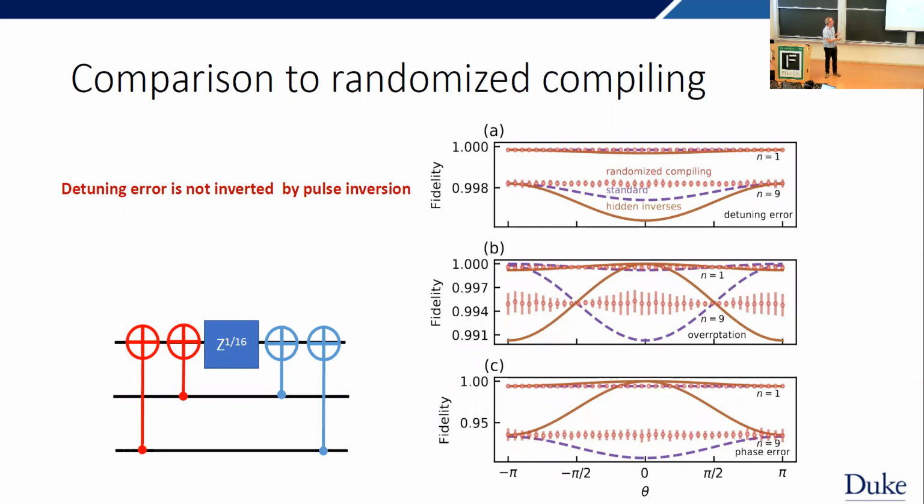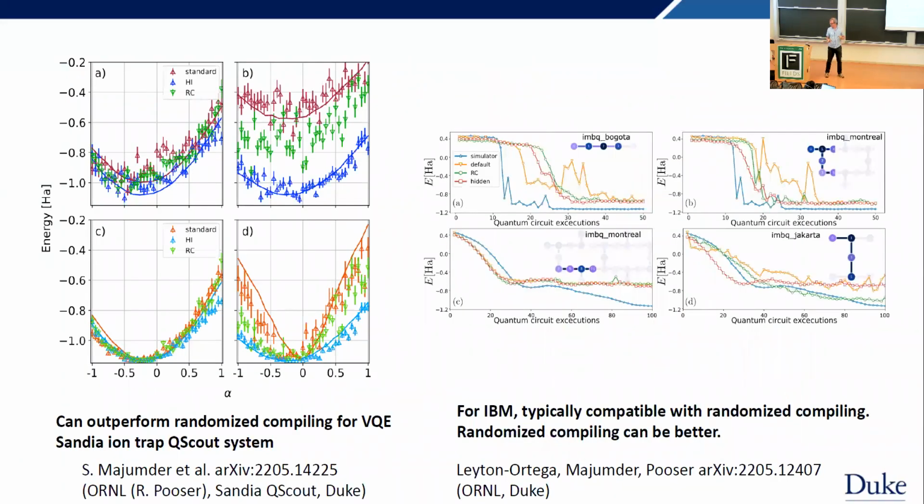So in the end, which thing to do really depends on your actual physical system and what the actual physical errors are. Okay, so my student Swarnadeep, who is on that paper doing some of the theory calculation, is super excited to work on variational algorithms to test it out.